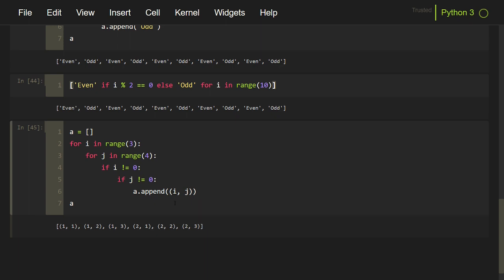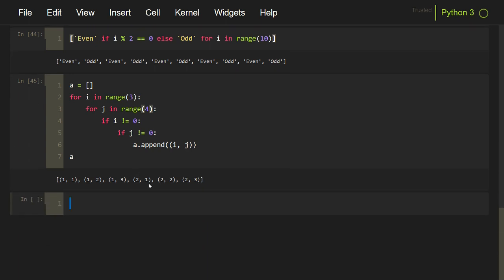We can convert these entire 6 lines of code into a list comprehension one-liner as well. So we will again start with an empty square bracket. Then we will specify the expression that we are expecting to be the element of the list. So in this case it is a tuple of i comma j, and then we will just follow the order of the code lines that are present inside this cell.